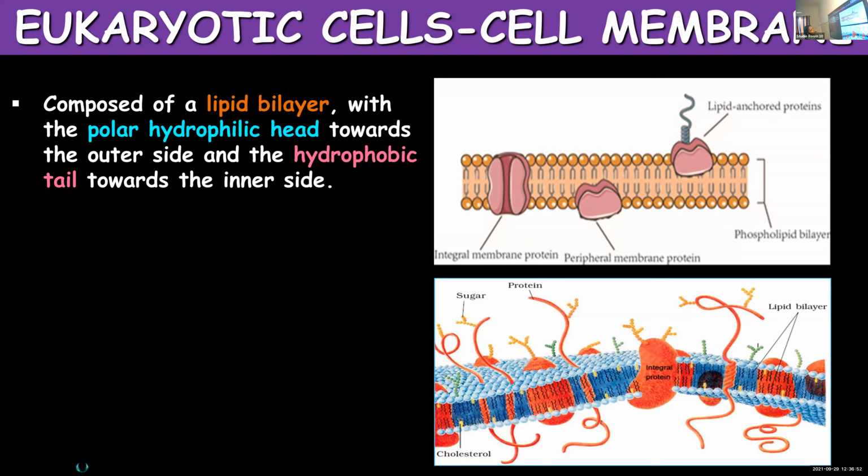Now we'll start with the membrane covering. There are three main parts for any cell: cell membrane or plasma membrane, nucleus, and cytoplasm. These are the three main parts of a cell. Cell membrane is also known as plasma membrane. Cell membrane and plasma membrane are the same, but cell wall and cell membrane are two entirely different membranes.